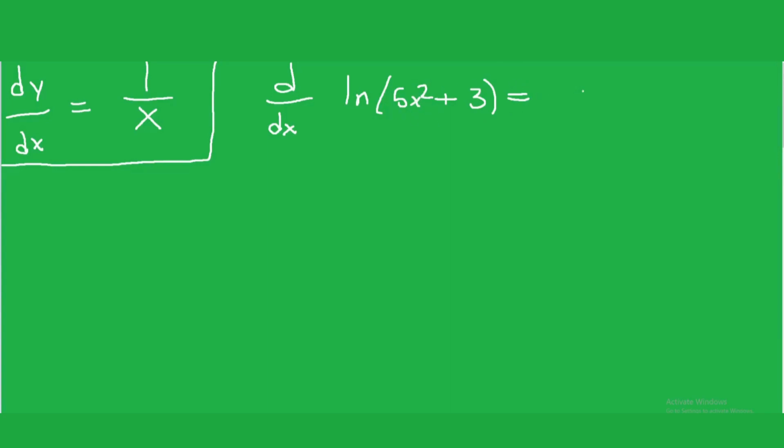But for our first bit here, we can say that it's 1 over 5x squared plus 3, because the derivative of the natural log of x, our exterior, is just 1 over x. And this x being inputted is 5x squared plus 3. And then we're multiplying that by the derivative of 5x squared plus 3, which is going to be